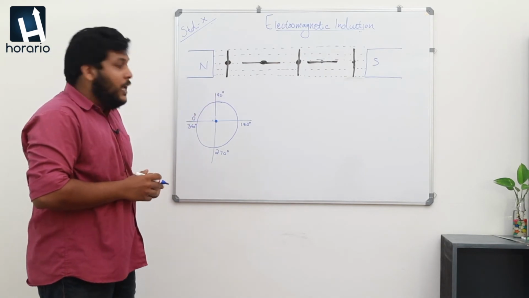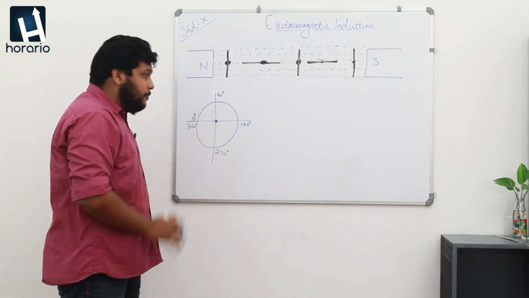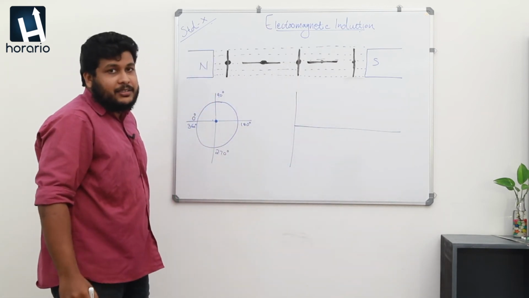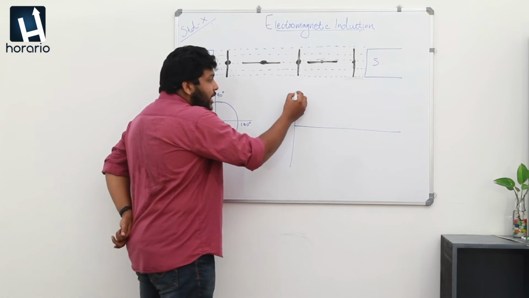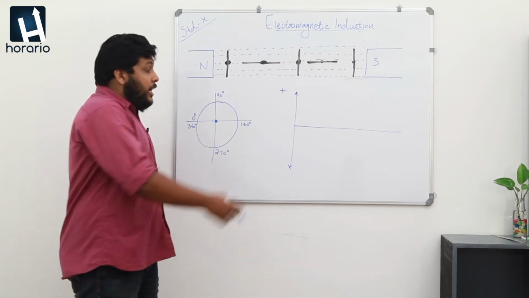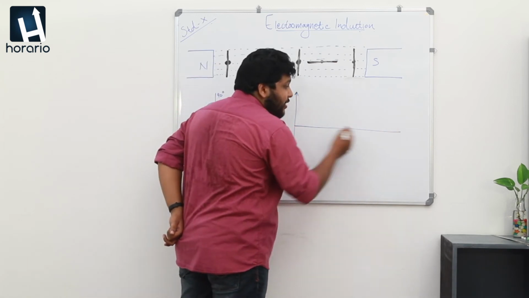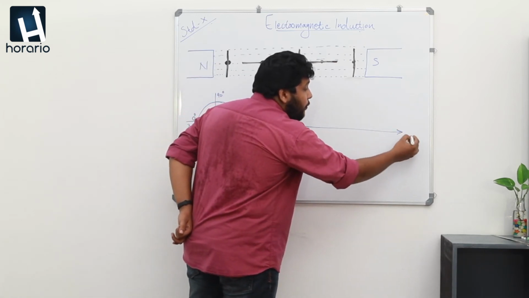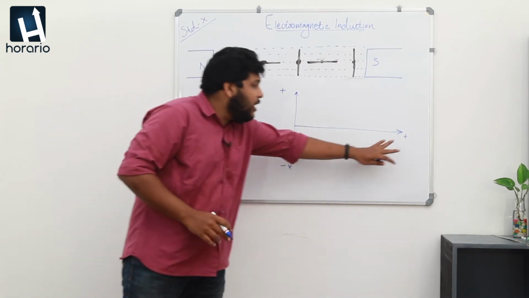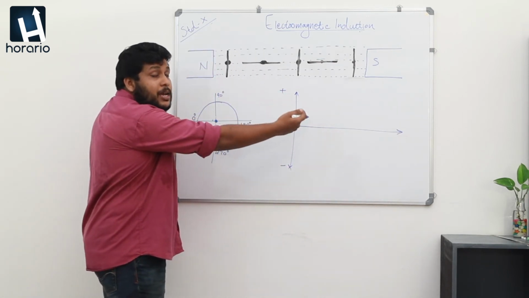For easier understanding, I am expanding this circle into a graph. For that, I am drawing an x-axis and a y-axis. We already said that if the y-axis goes upwards, it gives positive values. If the values go down, they will be negative. Along the x-axis, going to the right side always gives positive values. We don't want to discuss the x values now; we are considering just the y portions. So we are expanding this circle to a graph.